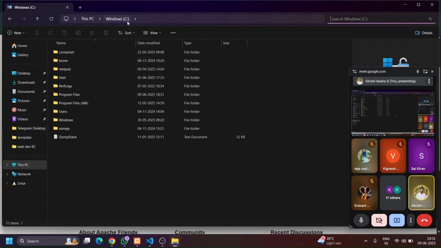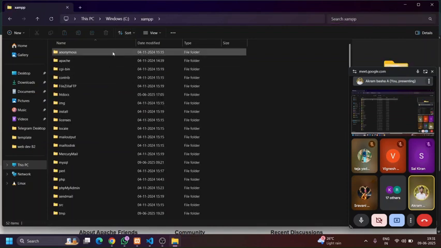You just have to install XAMPP in the C drive. Inside this XAMPP, you will be